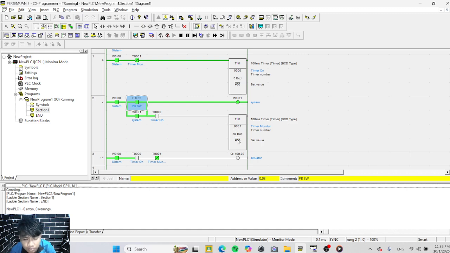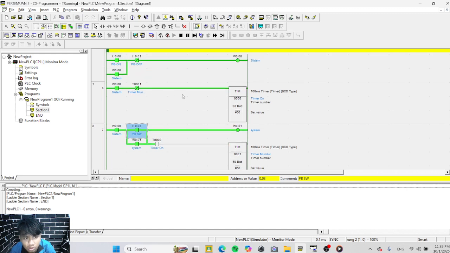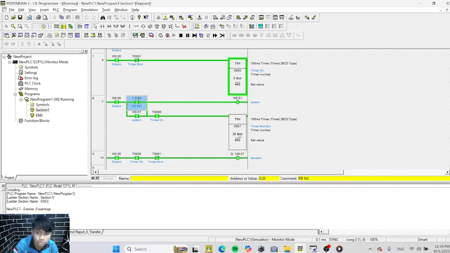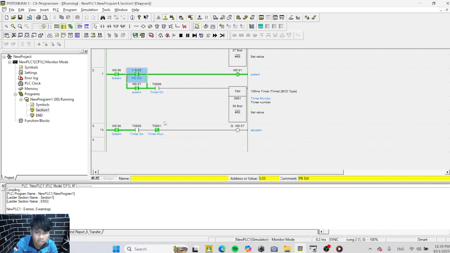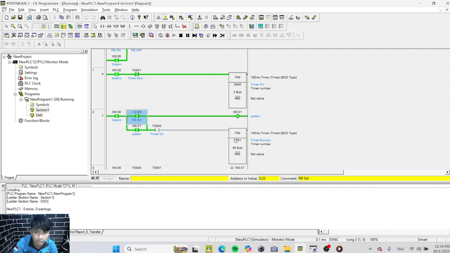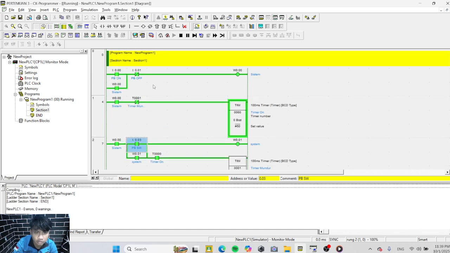Column 2, the timer, back to column 1, back to column 2, refresh to column 1, back to column 2. The next, run, back to column 1, next back to column 2.